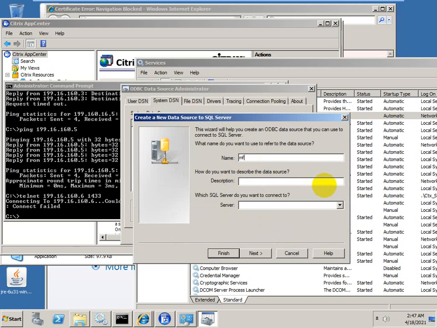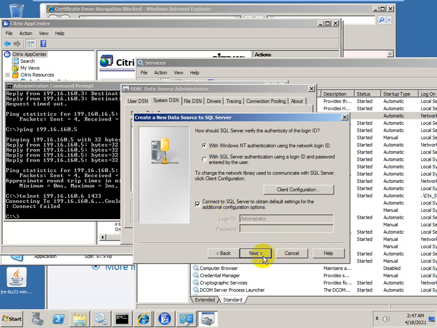MF20.DSN, and try to connect. WinDB, WinDB, both are the same.